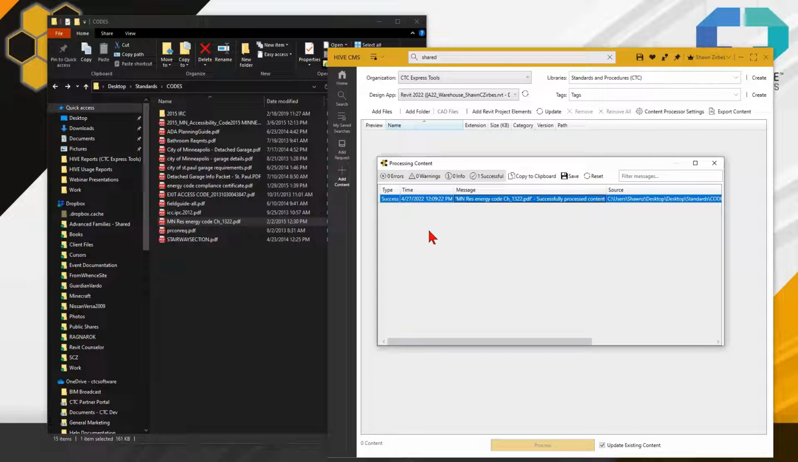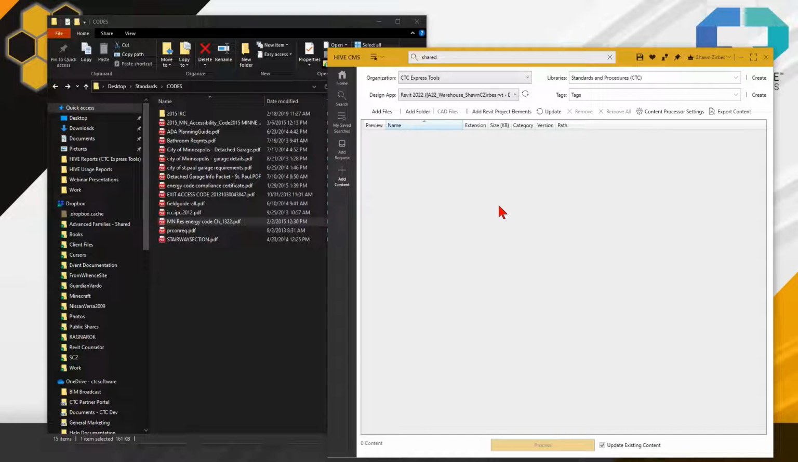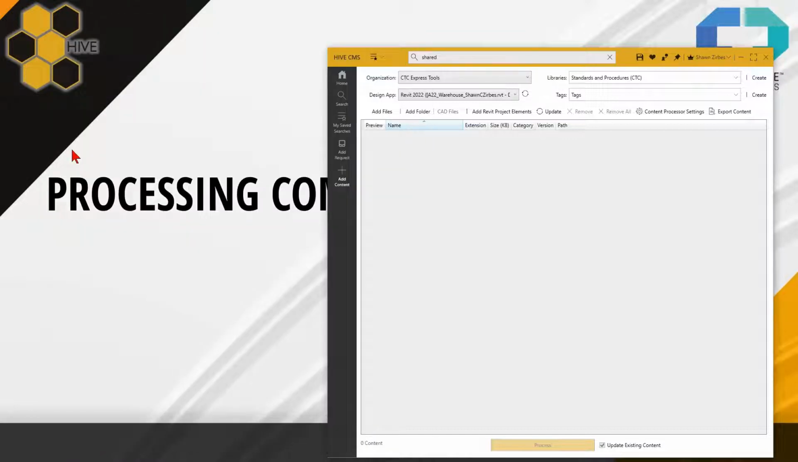That is as complicated as adding normal, regular Windows files into the Hive CMS. You put them in the window, you choose your library, you click Process, right? Now we're going to be doing that kind of procedure a number of times here, but we're going to use some different kinds of content for this next one. Let's take a look at Hive